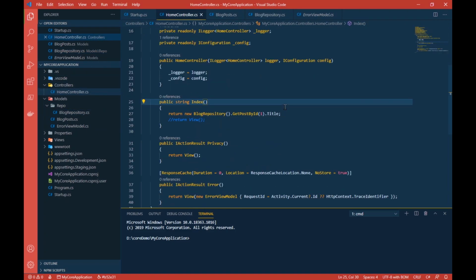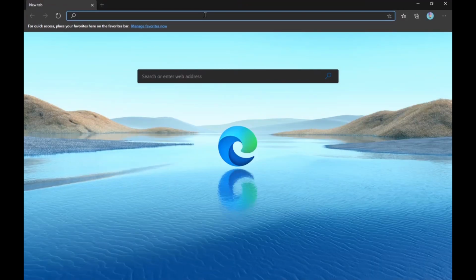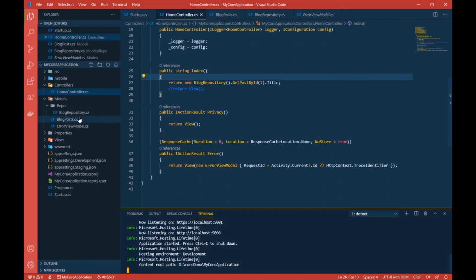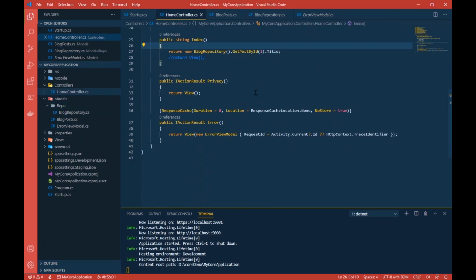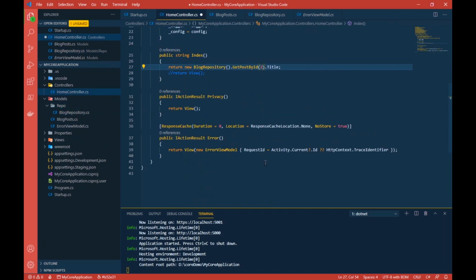Now let's go to our controller. We used our model to get the post by ID, and then we are returning the title. So let's go ahead and run our application. Once our application is up and running, let's quickly open our application, and here you can see my first blog is returned. Let me go back and show you that this is the title of our blog which we are seeing. If I change the ID to 2,